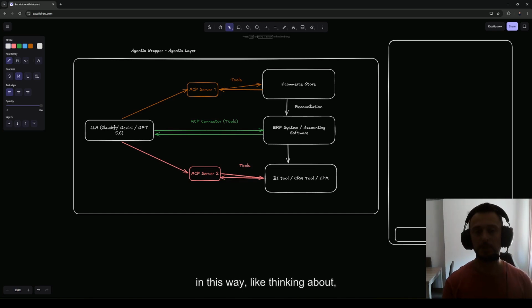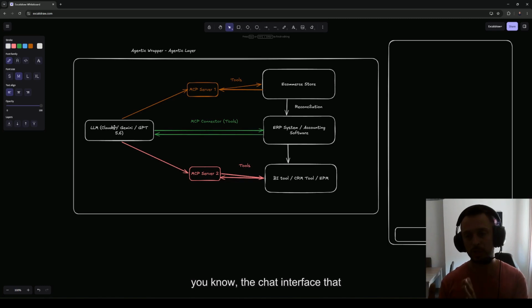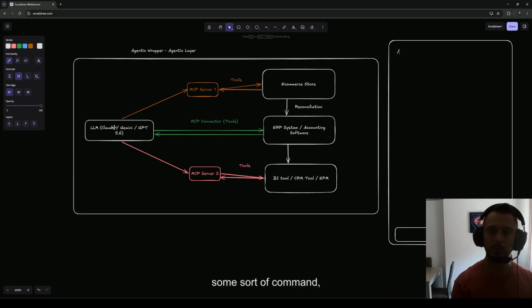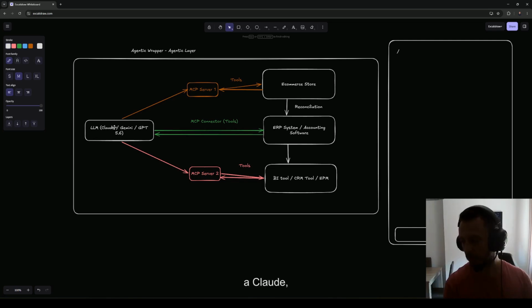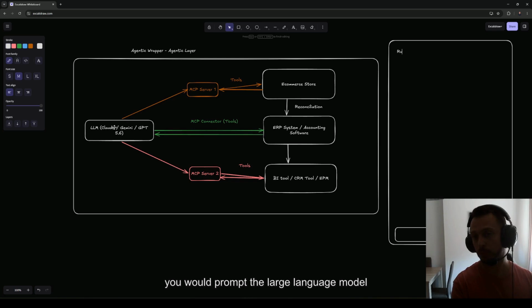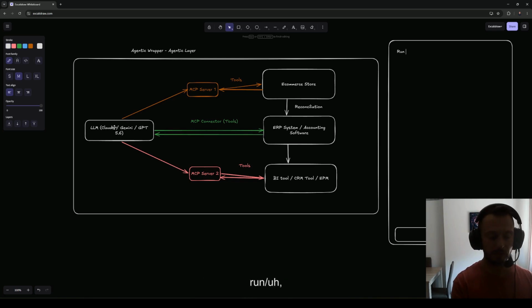Thinking about the chat interface that you will see, you will have some sort of command, using Claude format, but this could also be seen on other large language models. So you will have something like this. You will prompt the large language model saying run /email campaign analysis,